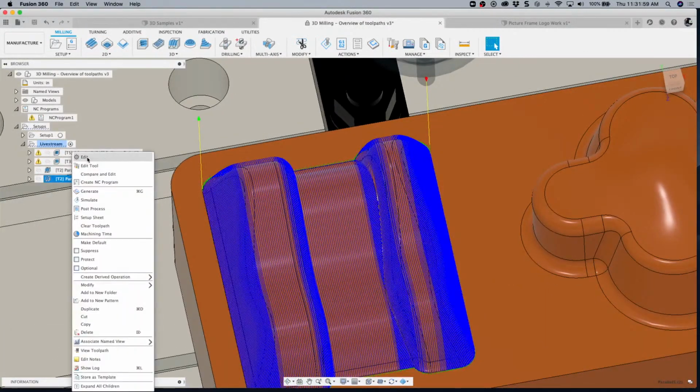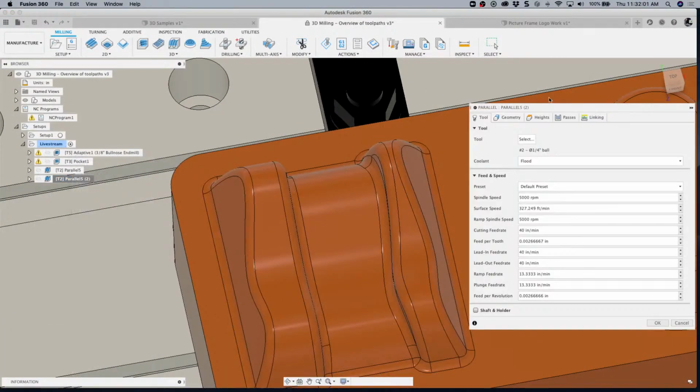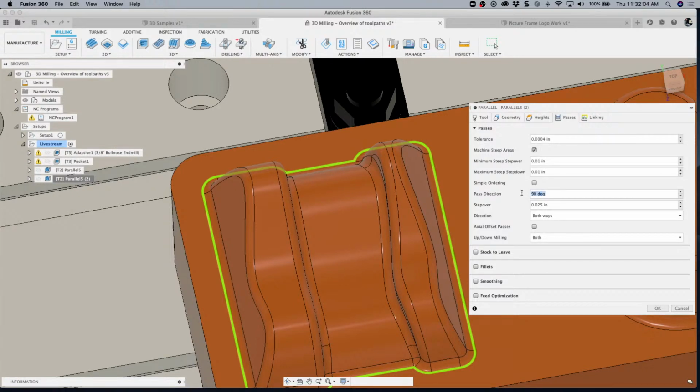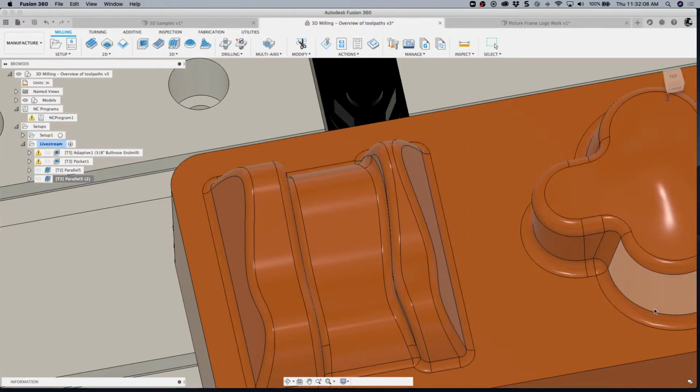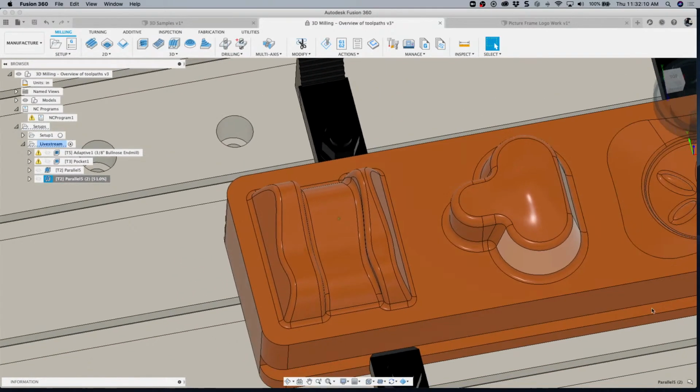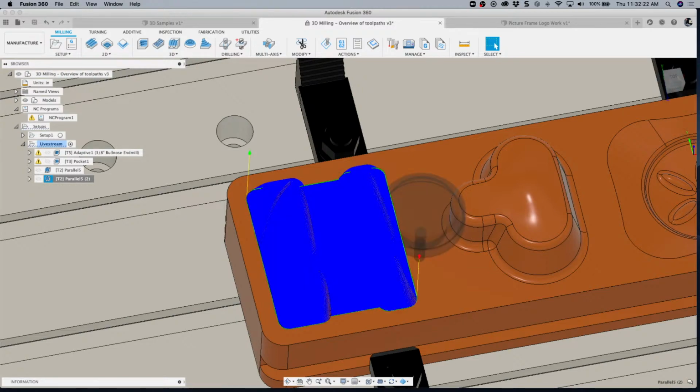I also want to just point out quickly that you can change the angle of the passes. So let's say 45 and hit OK here. And now the toolpath will go to a 45-degree angle. And while that is calculated, I'm going to show you guys